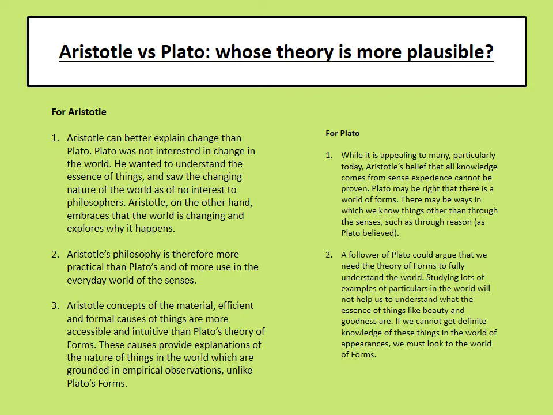This is Plato's main argument for belief in the forms. There are lots of things that are, for example, good or beautiful in the world, and therefore there must be a form of goodness and a form of beauty which explain why these things, which are different, can all be labelled in this particular way as good or beautiful. So those are the arguments for and against.